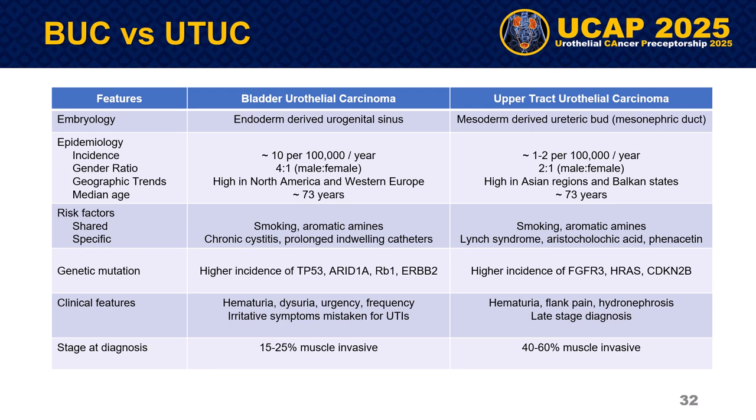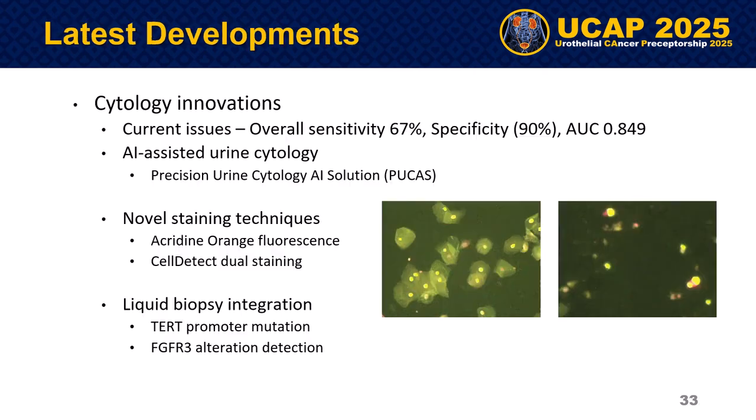Unfortunately, these symptoms often appear late in the disease course, and the delayed presentation contributes to stark differences in staging, with only 15 to 25% of bladder cancers having muscle invasion at diagnosis, whereas a concerning 40 to 60% of upper tract cancers have already invaded the muscle at presentation. These differences have profound clinical implications and translate to more aggressive treatment requirements, as well as a generally worse outcome. We will now wrap up by examining the latest breakthroughs and transformative trends shaping the future of